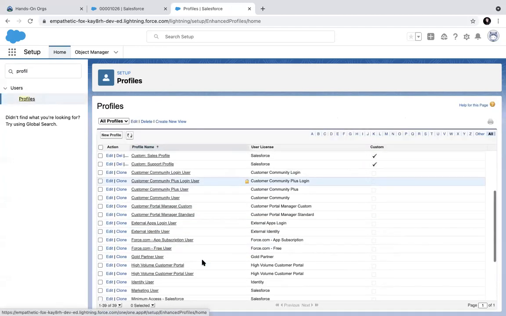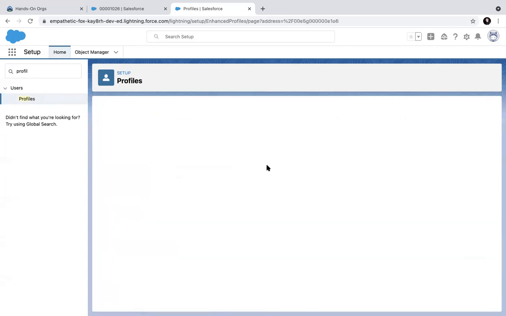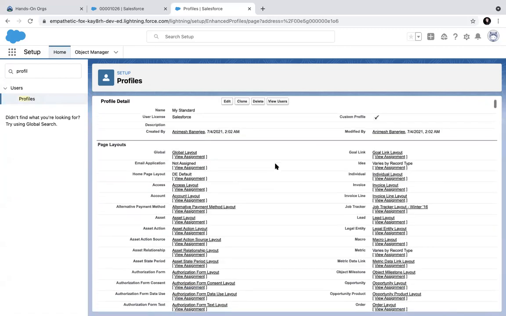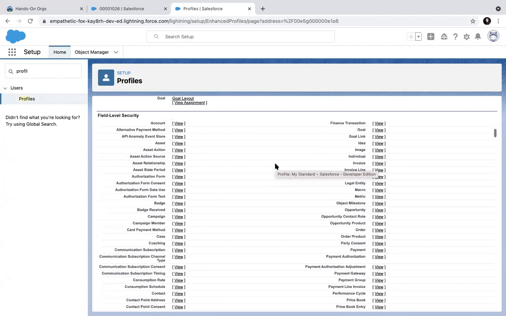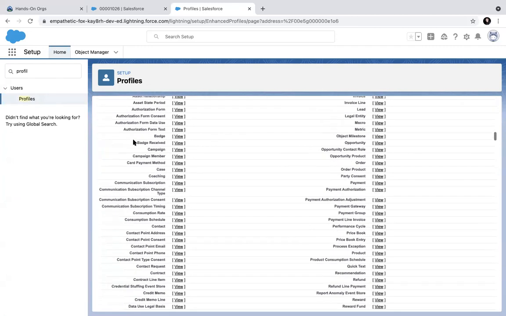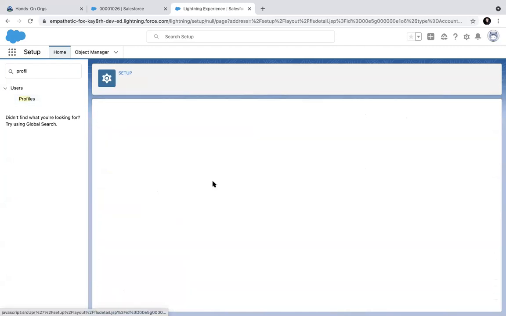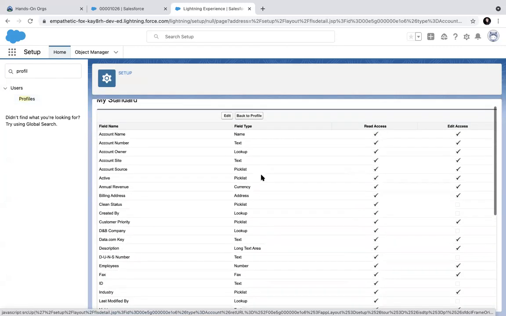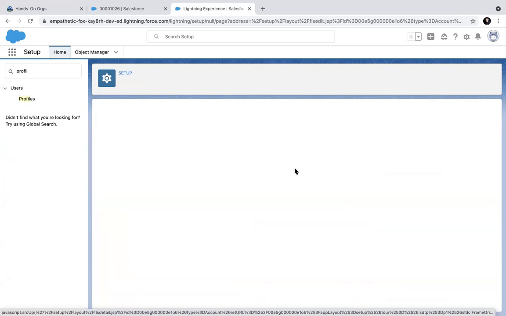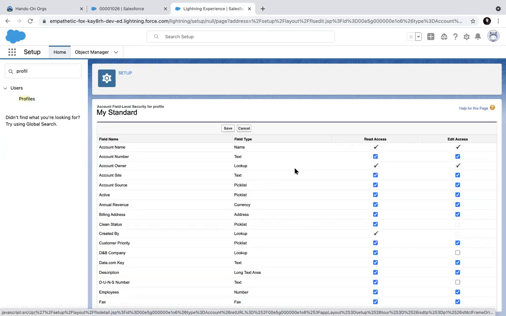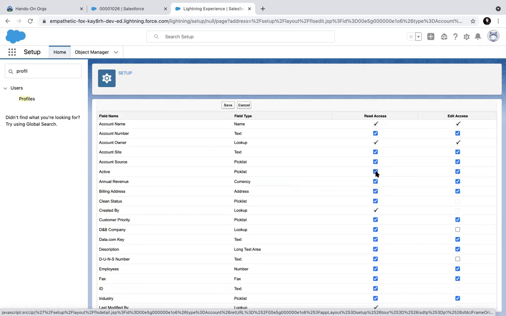Now let's go back to profiles. Let's go to our profile once again. Here, we have field level security. You see, every object is listed here again. When we go there, we can click on every object. And you see, we have a read access and edit access. That means for every field, the data in that field, either you will allow them to read it, see that data, or not.